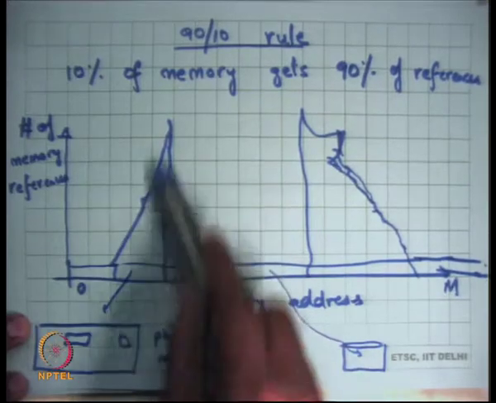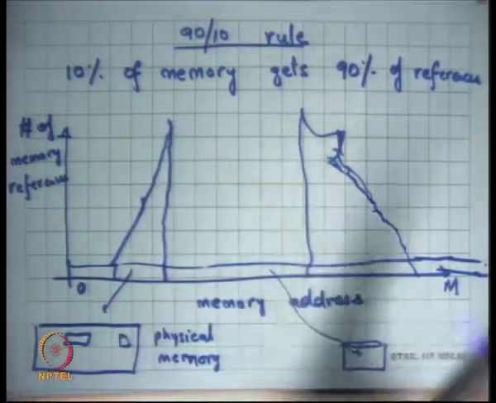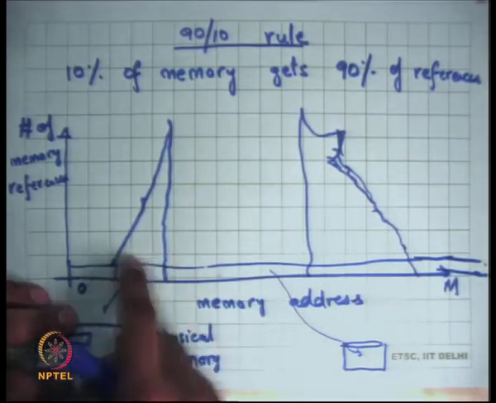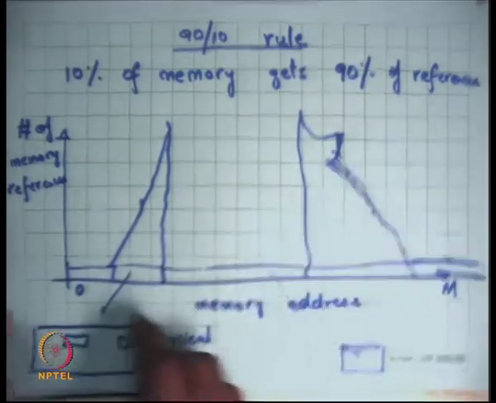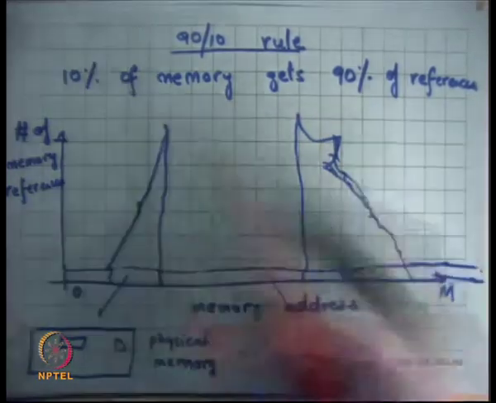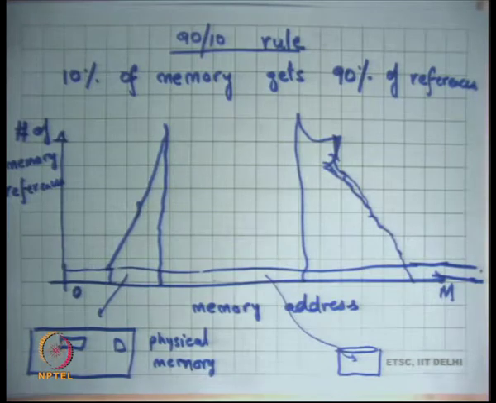And the higher this bar, it basically shows temporal locality, because the same location is being accessed more times, and the spread of it can be called spatial locality, because if you are accessing this, you are also accessing something close to it. So it sort of seems to have this kind of behavior.